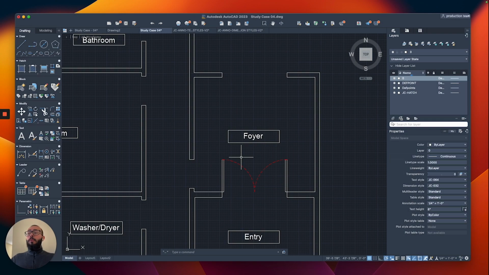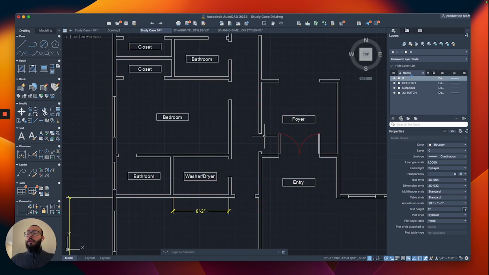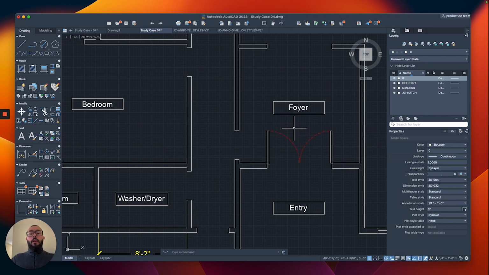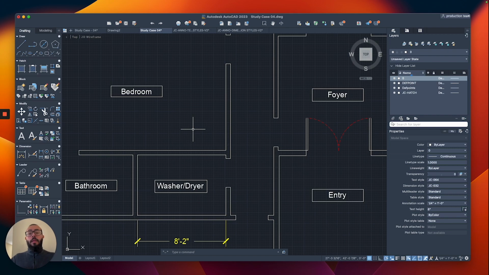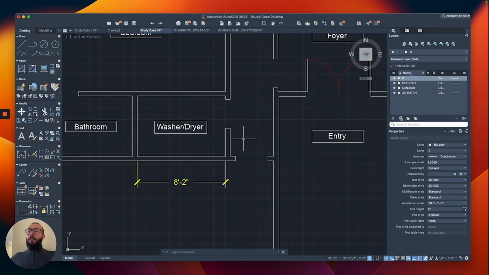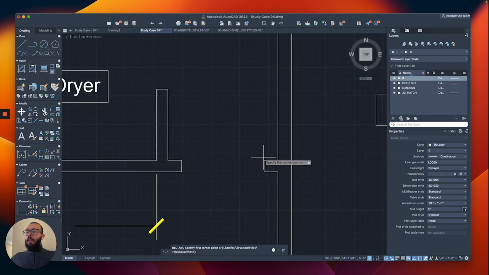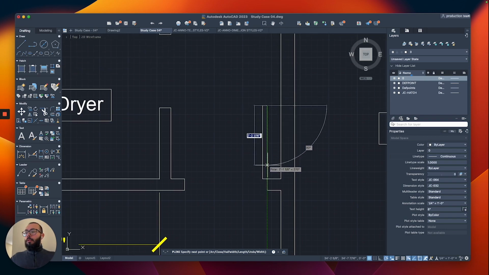Now, since I have multiple door sizes, I'm most likely going to need to create another door block for the interior doors, because the exterior doors I was trying to do 3 feet wide, while the interior, if you remember, I was doing them at 2 feet 8 inches. So for that, usually the way I would do it is I'm going to create another block, and here I'm going to do a polyline instead of a rectangle. I'm going to do 2 inches, and then I think it was 2 feet 8 inches,